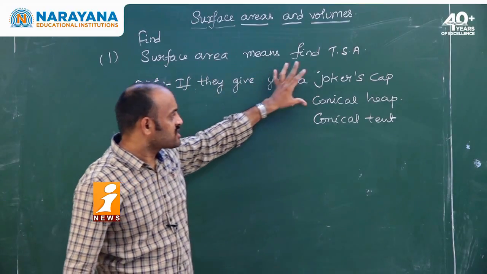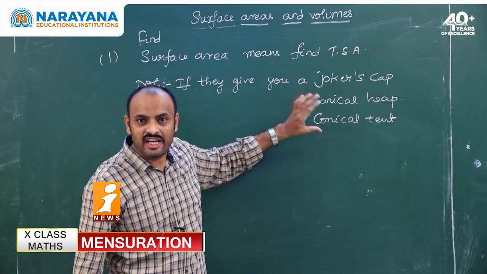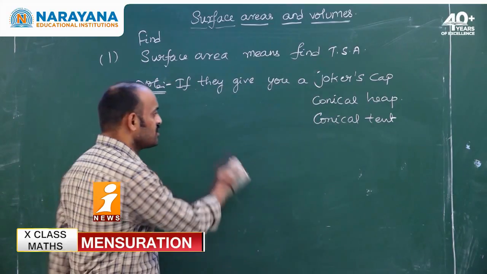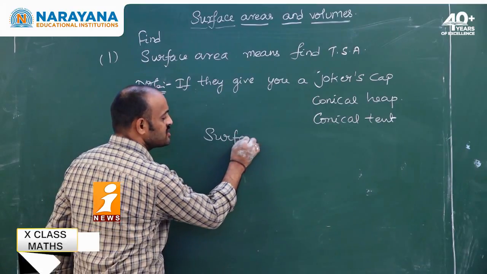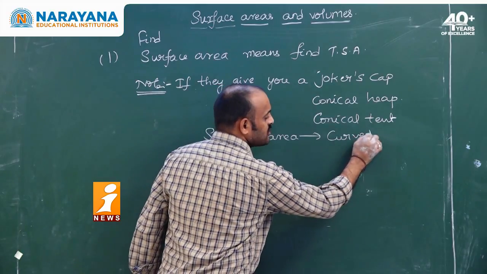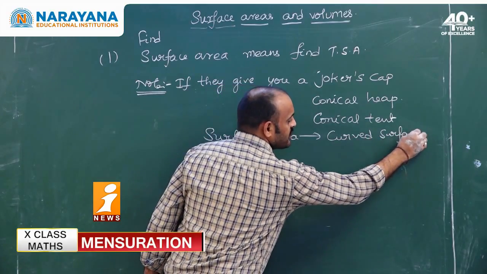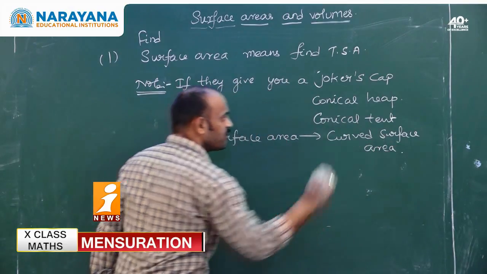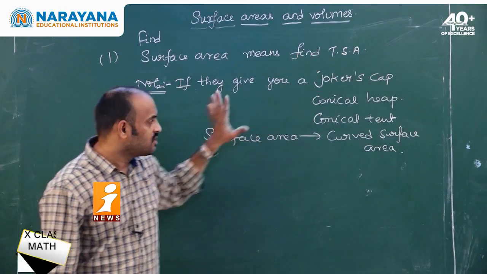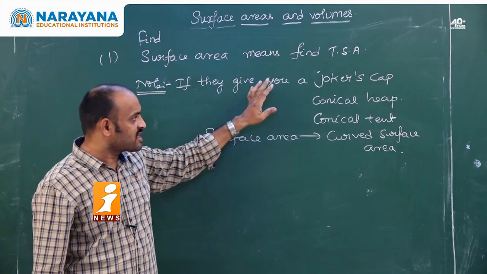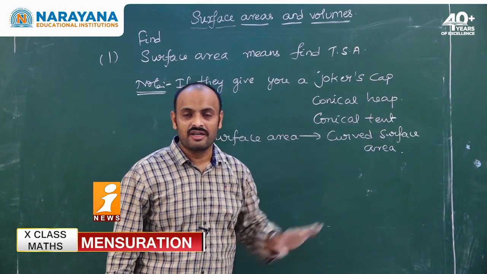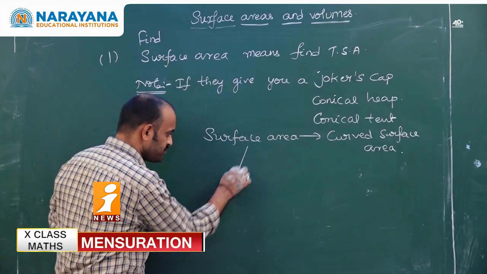If they give you a joker's cap, conical heap or conical tent in the question, surface area means curved surface area. Find surface area means find curved surface area, because in all the questions surface area means total surface area, but when it comes to joker's cap, conical heap, conical tent, surface area means curved surface area. So if you see joker's cap,